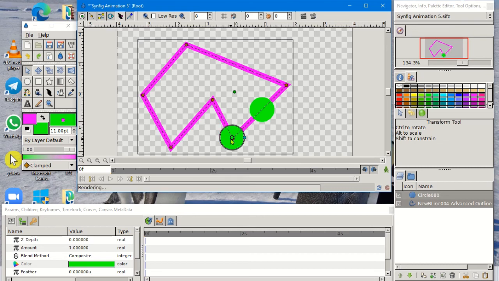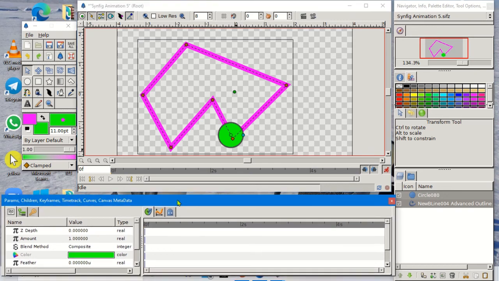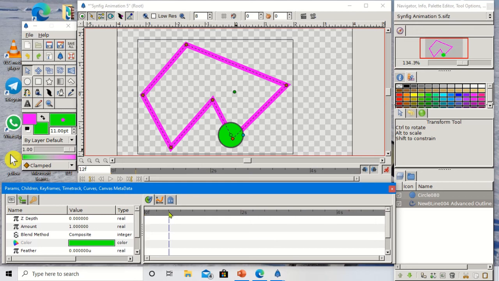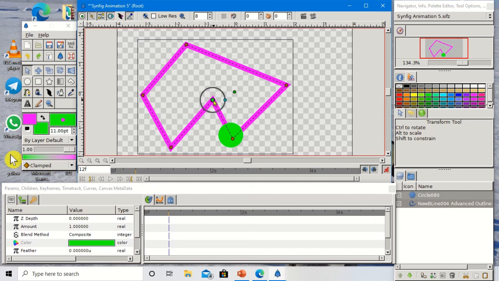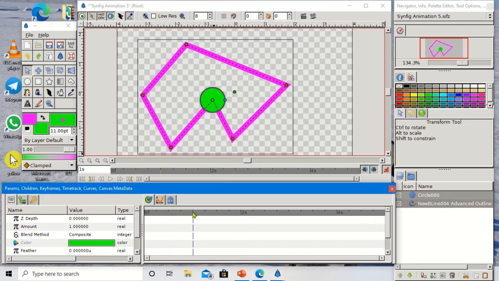Now how to move? We have to put animation. So on this, after owning, slightly move this so that it can get its initial starting position. Moved. Now click on the timeline. Take as per your requirement. I am going to click here. You can see 12F. Then I will move this circle to the next position. Again, I will move to the next frame, that is 1 second.